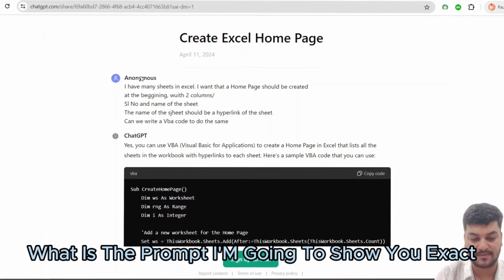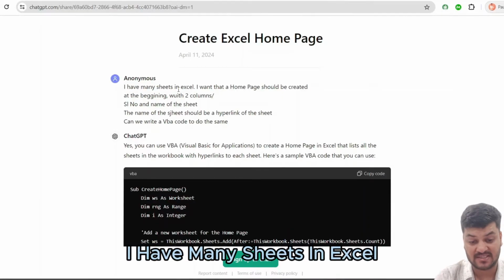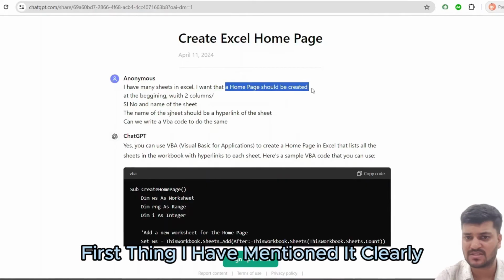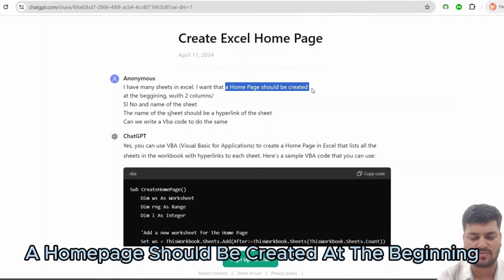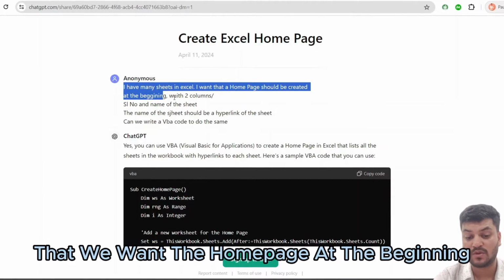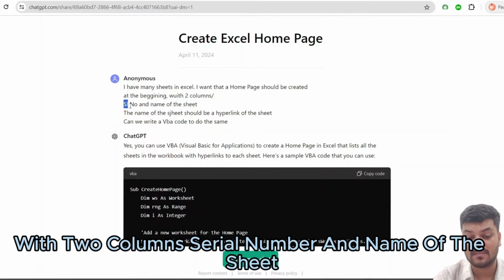I am going to show you exactly. I have many sheets in Excel. I want a home page to be created. First thing, I have mentioned clearly that I want a home page created at the beginning. This is very important: we want the home page at the beginning with two columns, serial number and name